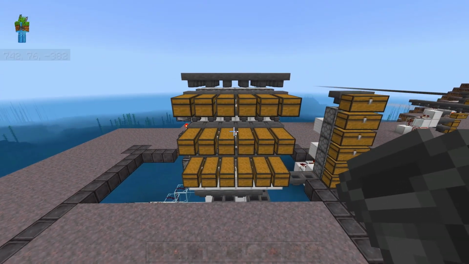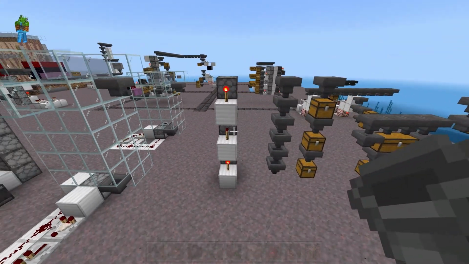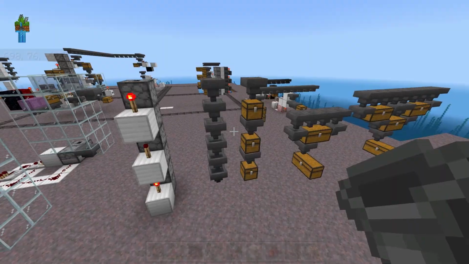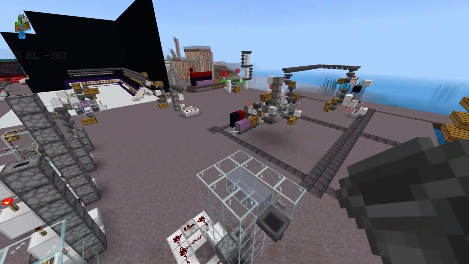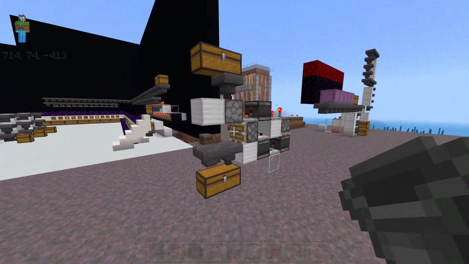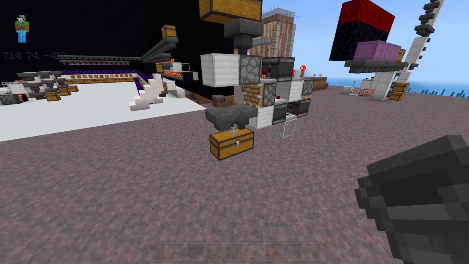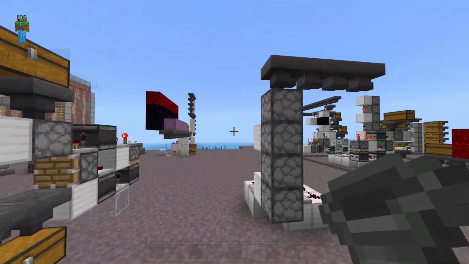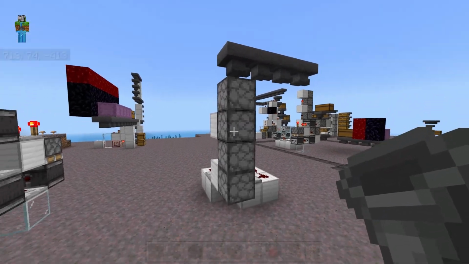And that's why I started off by explaining how to make items go up and down using dropper elevators or hoppers, because all of these different things are going to be different heights. So if you want to change things as you go, you're going to need to insert a dropper elevator in order to change the elevation of the items. Like if we start off with a shulker loader, it's already kind of tall to put in your shulkers, and then the output is already pretty low, so we wouldn't have room to put sorter cells in there.